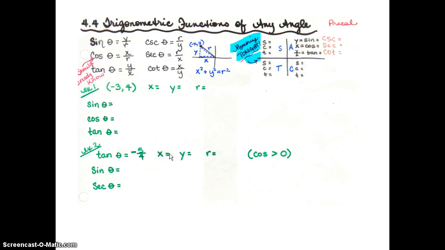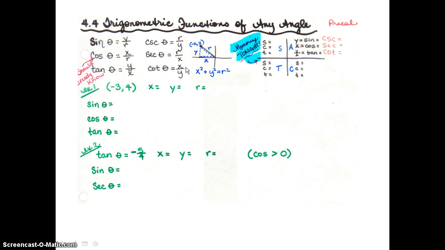All right, we are looking at page 314, section 4.4, trig functions of any angle. And there on the top of the page, they give us the 6 trig functions that we already know and the definitions that we should already know. Sine is y over r, cosine is x over r, tangent is y over x, cosecant is r over y,